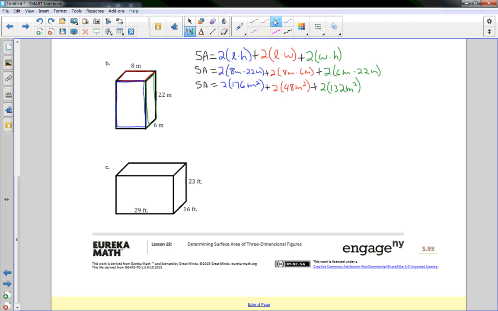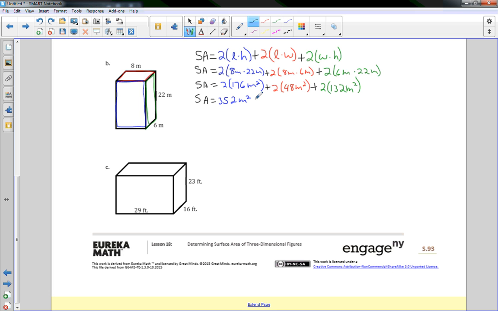Now I'm going to multiply, so my surface area equals 2 times 176, 6 times 2 is 12, carry a 1, 2 times 7 is 14, plus 1 is 15, 2 times 1 is 2, plus 1 is 352 meters squared. That is just the front and the back,